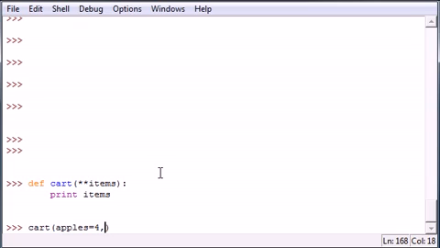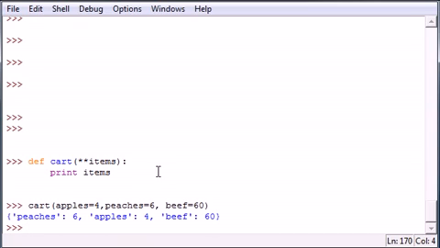So go ahead and put peaches equals 6 and beef equals 60. We're hungry this time. So now once you go ahead and press enter, it should print out a dictionary that gives you the items and the values for each one in dictionary format. So that is how you can use double asterisks in your function parameter to get a dictionary